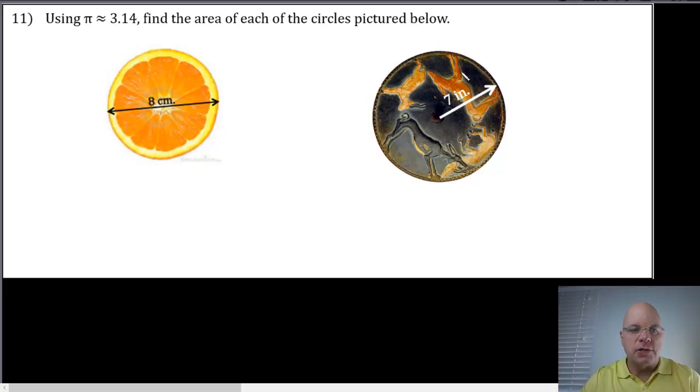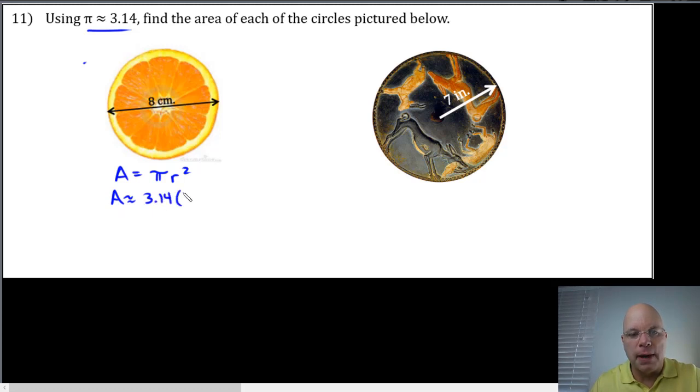Problem number 11 says, using the approximation that pi is approximately 3.14, find the area of each of the circles pictured below. The formula for area of a circle is pi multiplied by radius squared. We're asked to approximate, so area is approximately